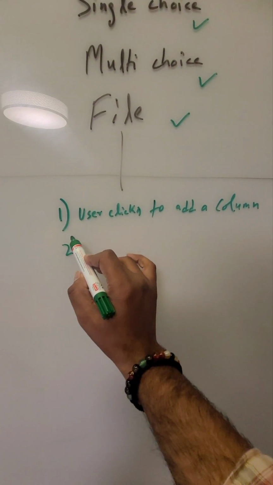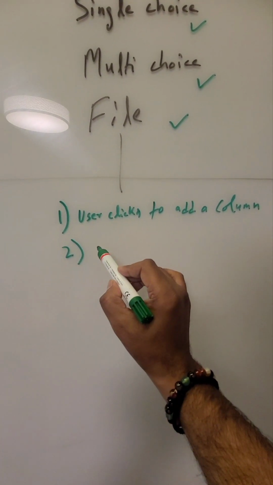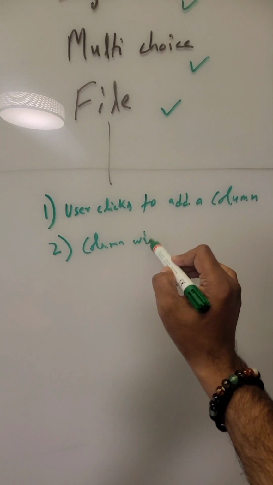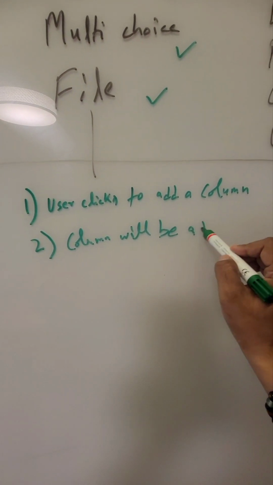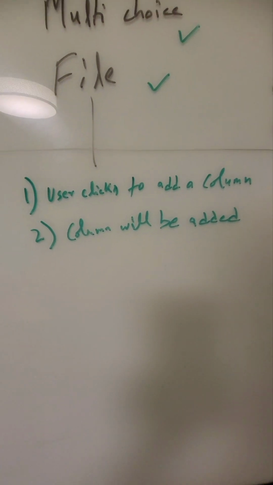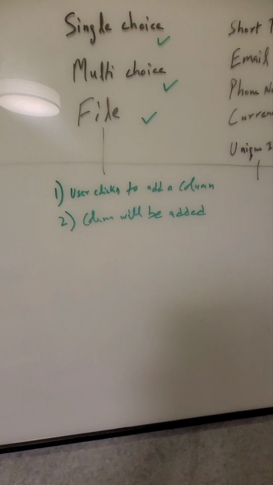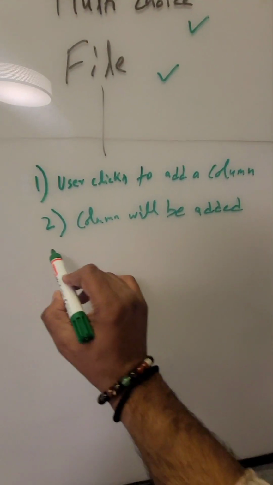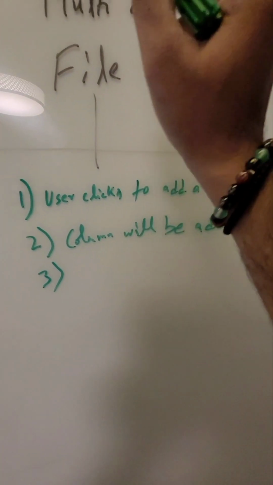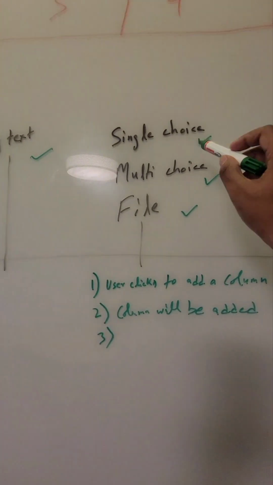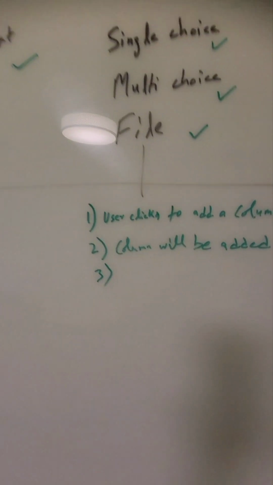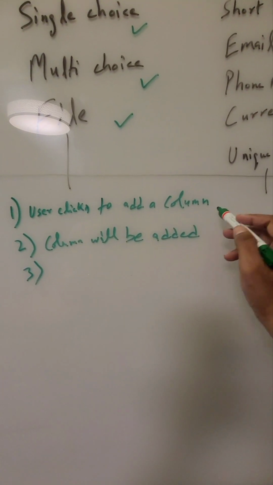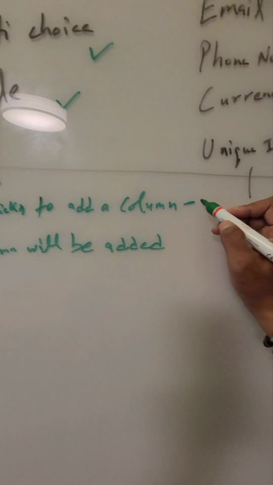So the moment they try to add it, the column will be added, right? Now what we want is, for the very first instance, specifically for single choice, multi choice, and file, what I'm referring to is, right now when the user clicks to add a column, this moment we are